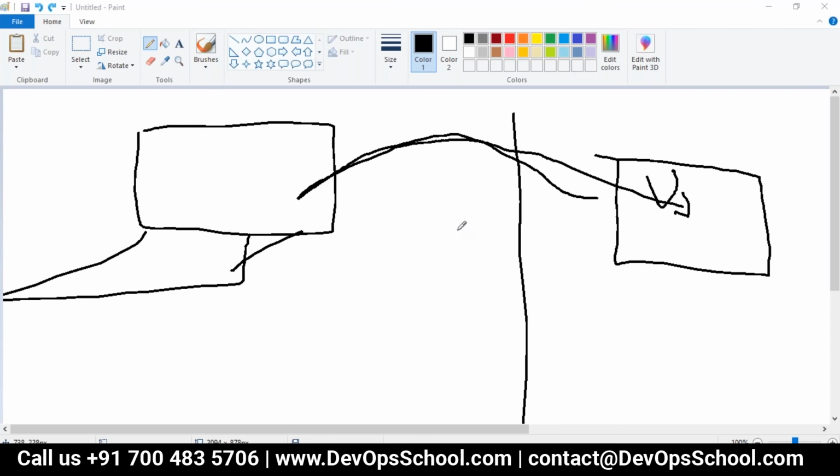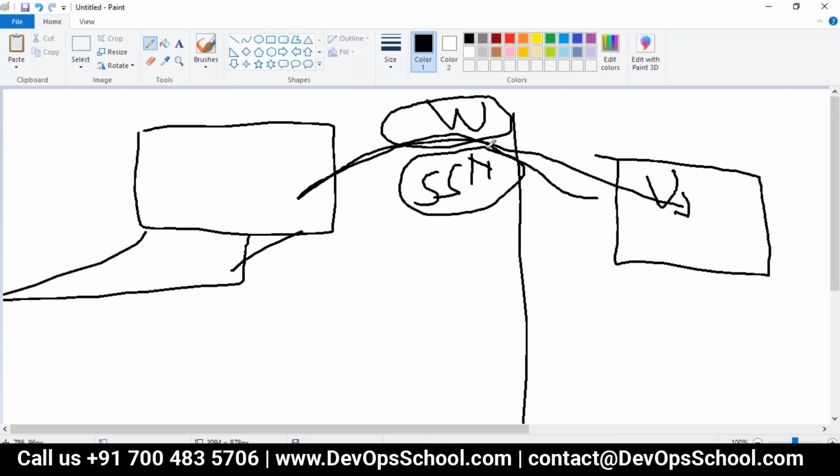Okay. So how do you log in typically? Either you log in through SSH, you forgot all this stuff, or WinRM for Windows. WinRM for Windows, SSH for Linux. So if you want to connect to this machine, Linux or Windows, and then you want to run something inside it, how do we do that in Terraform?